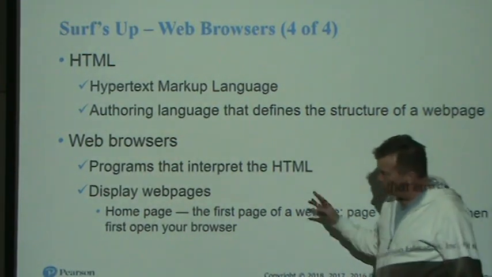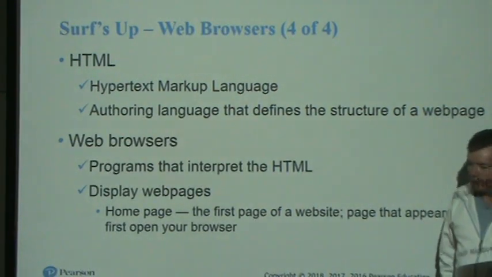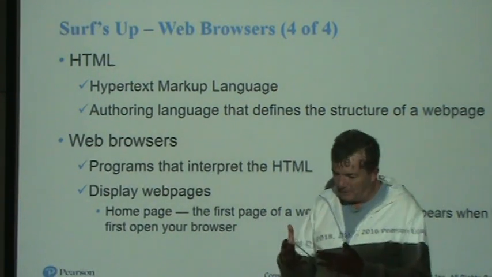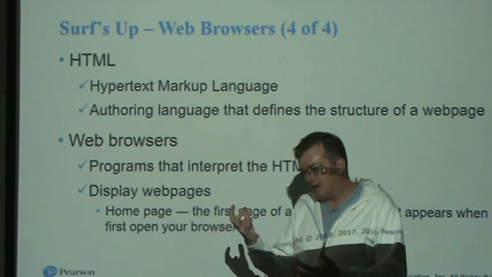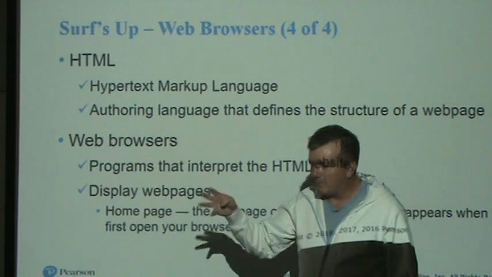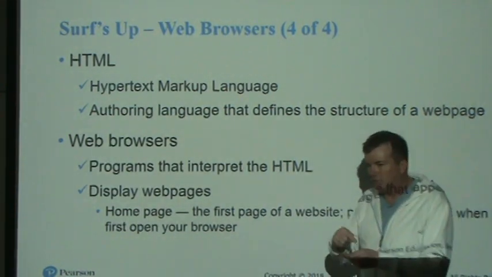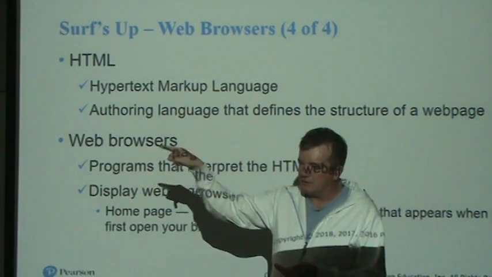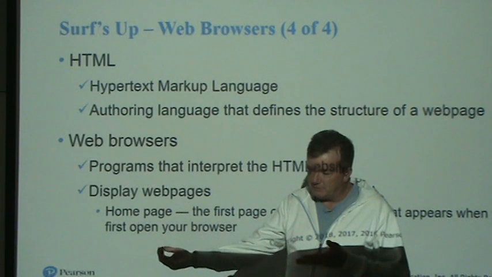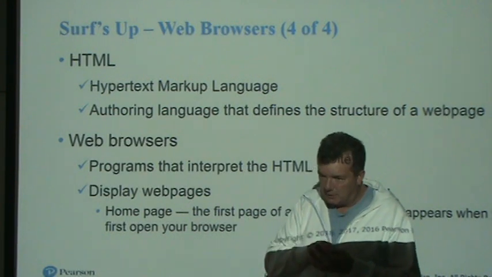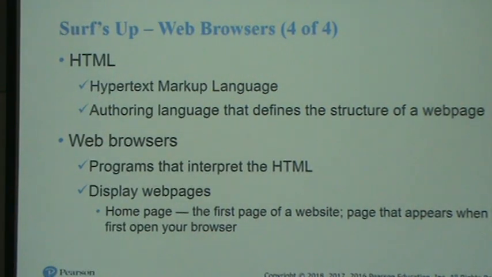Your web browser is a program that interacts with the HTML. So if you ever have things that are happening while you're looking at a web page, like something pops up, that's a programming language, the most popular one is called JavaScript, a programming language that runs on your device. It's not running on the server, it's running on your device. And the HTML file includes the JavaScript code in it, and then it runs on your device.